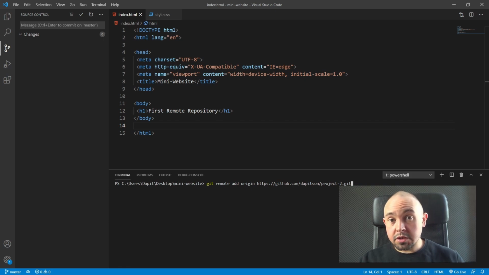And now if we hit enter, we will connect our local repository and our remote repository on GitHub, and we will be able to upload our changes from our computer to GitHub or to download some changes from GitHub to our computer. Those 2 repositories will be connected. So let's hit enter. As you can see, nothing changed, but trust me, now our connection is settled. So let's go back to GitHub once again,